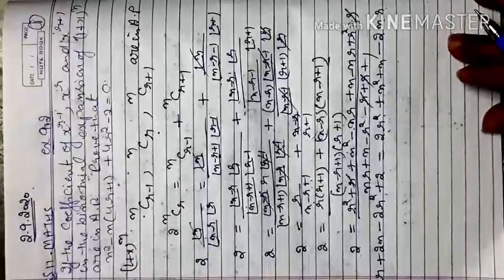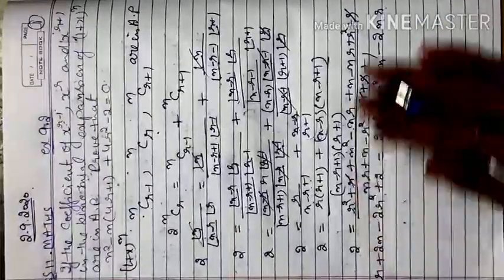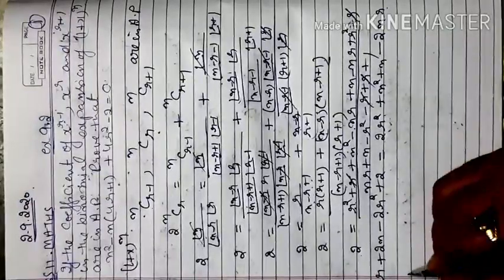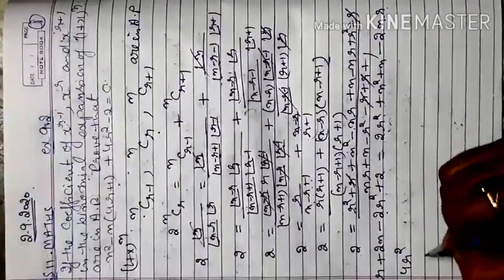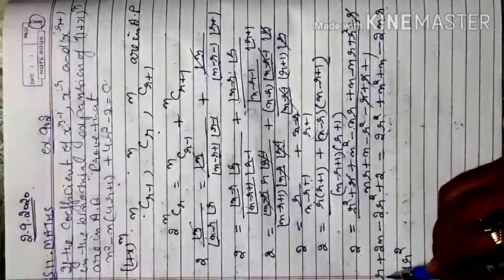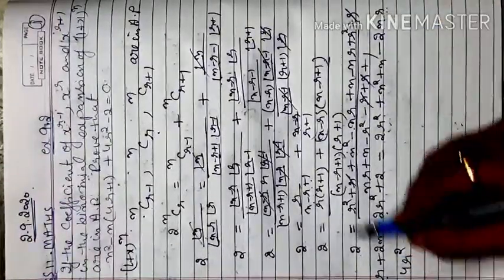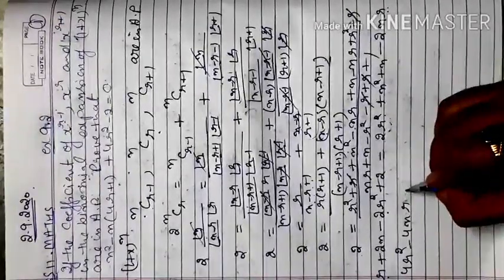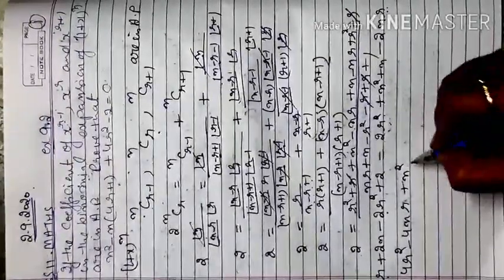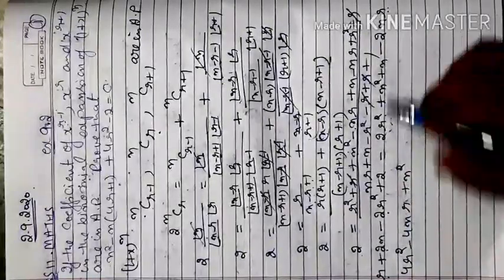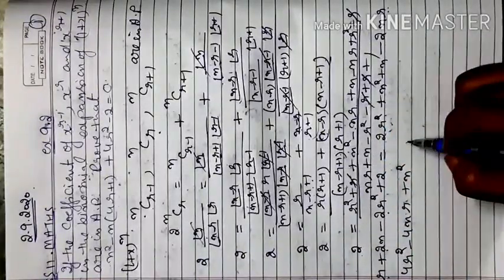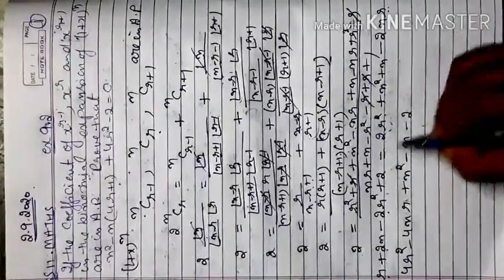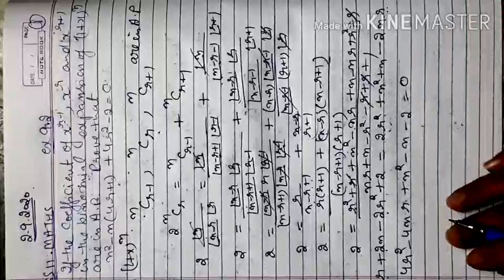Now you have to equate the terms. You have to shift all the terms on this side. So 2r square and 2r square, so that becomes positive. So that is 4r square. Then next is 2nr and minus 2nr. When this moves to the other side, that becomes minus 4nr. Then plus n square as it is on the other side. 2n and n. When 2n shifts to the other side, that will be minus 2n. Then minus 2n plus n gives me minus n. Then this 2 shifts to the other side, that will be minus 2.